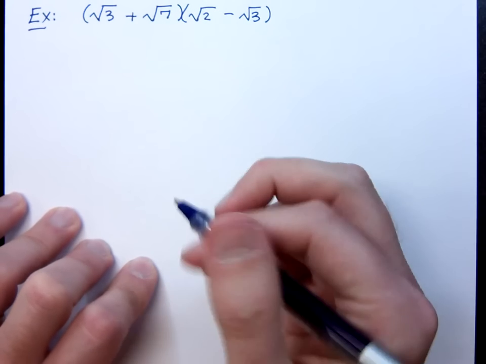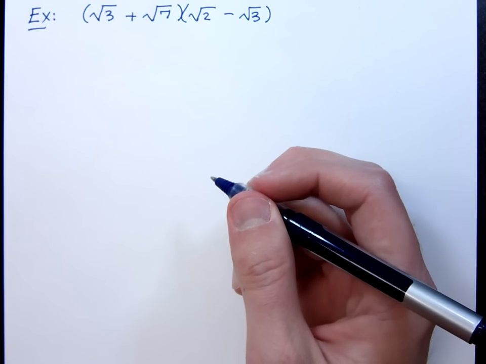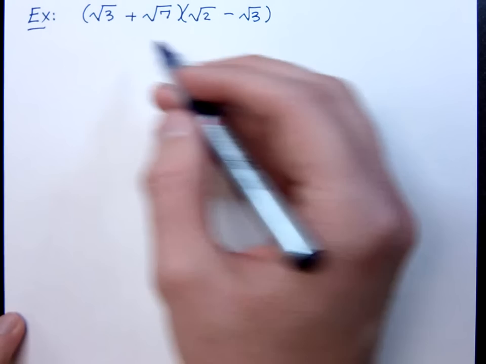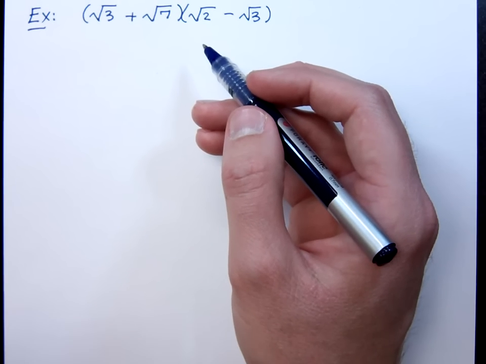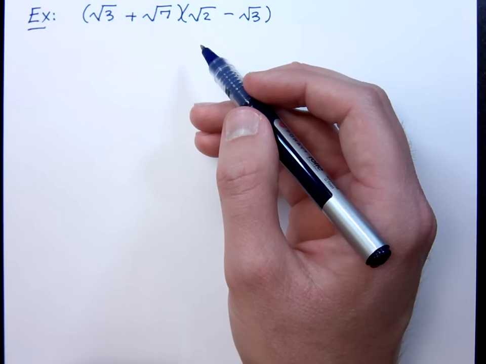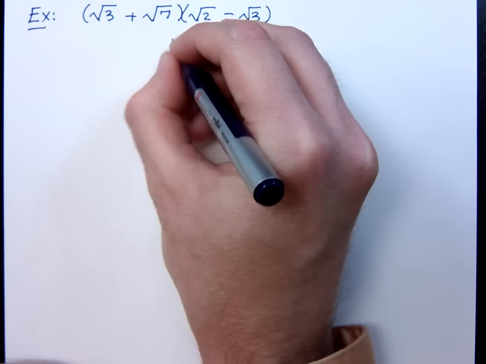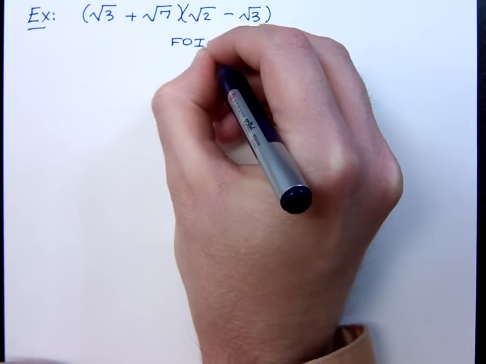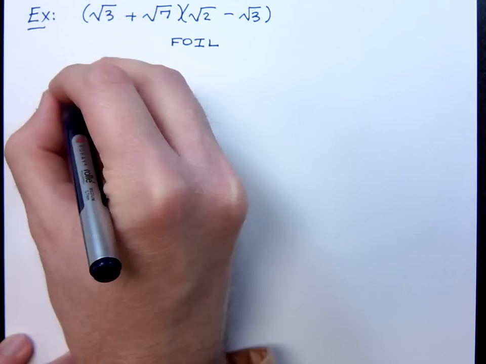Let's do multiplication that's a little bit more difficult. Now, how am I going to multiply this? Because it's not just distributing. What should I be thinking about? Foiling. Foil, right? Because we're multiplying binomials, basically. So when I foil,